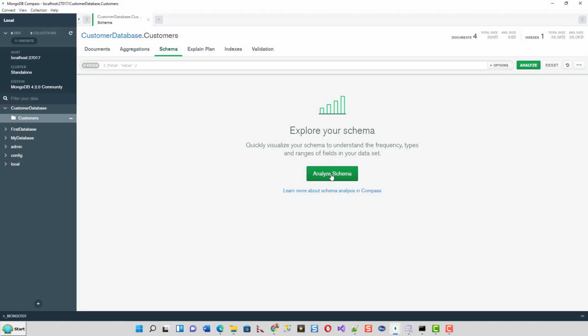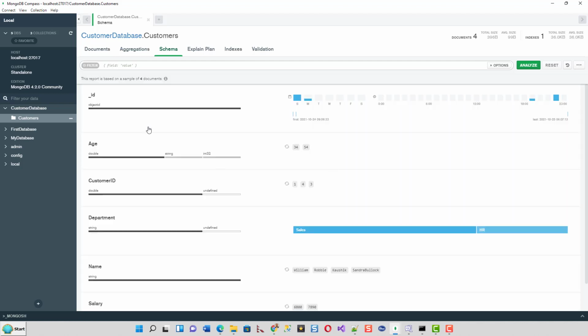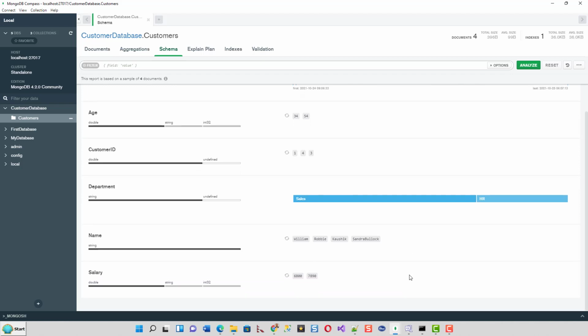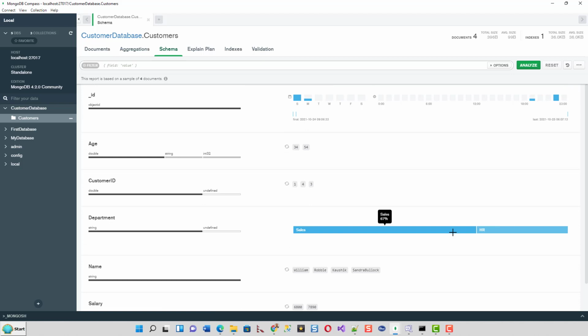But if you click on analyze schema, you have got this ID, age, customer ID, department. You have got some idea of the schema, and this is the name. These are all the names that are available. These are all the salaries and the departments, sales and HR. Okay, and ID that was created first on 24/10 at this time, and then the last ID was created over here.